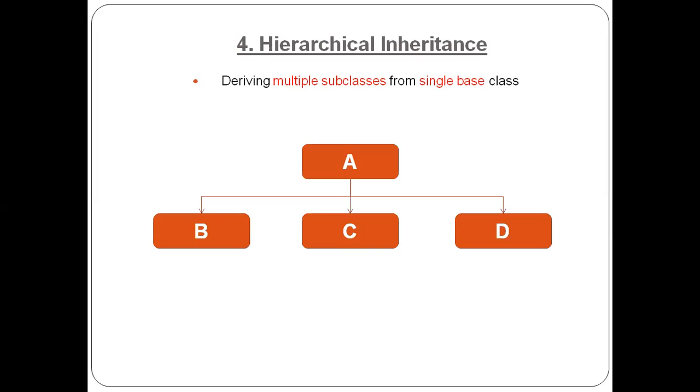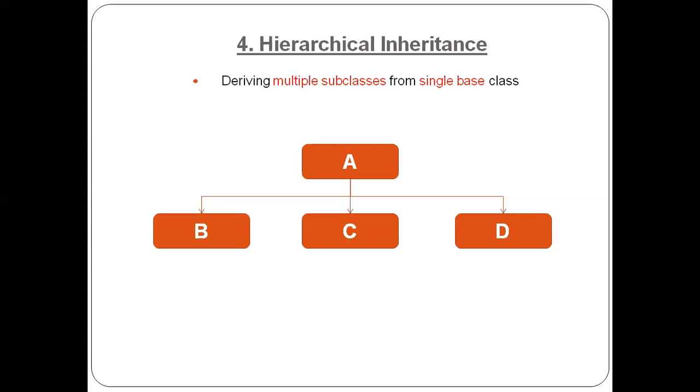A is the first base class, and B, C and D are the multiple subclasses for that single A base class. All these derived classes B, C and D are going to inherit data from the single A class. So how are we going to access the data from class A? Suppose I have written this code: class A, class B, class C and class D, and suppose I want to print some data from class A. So how are we going to print that data which is available inside class A?